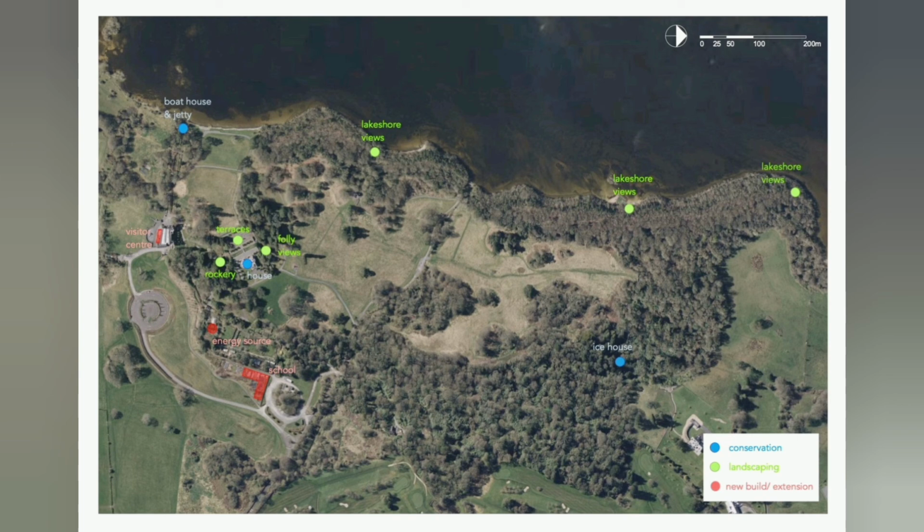And these are things we're still working on. We're looking at potential areas to improve, and I've grouped them here with a colour code. One is about the landscape, those kinds of works, and then there's conservation in relation to, say, the boathouse and jetty, the house, which is obviously the most complex one, and then the ice house, another one that could be further explored. And then there's outlining future developments, maybe in relation to the visitor centre, a more sustainable energy source for this estate, potentially more permanent facilities for the horticultural school, and then also improving